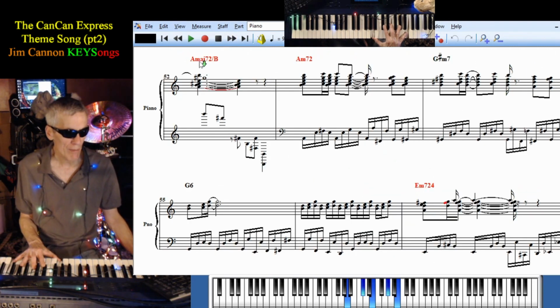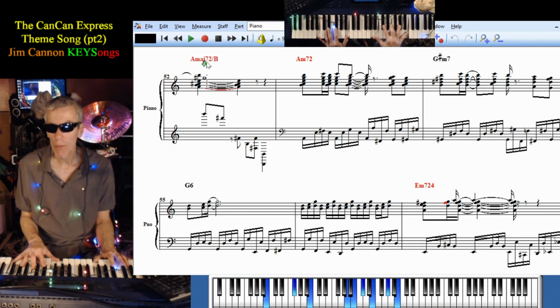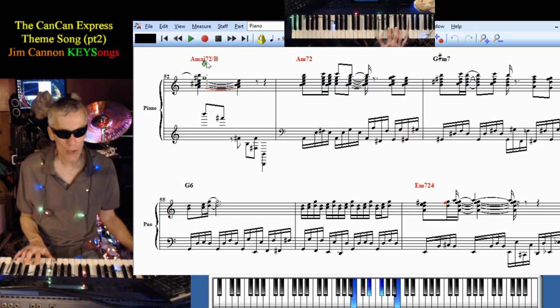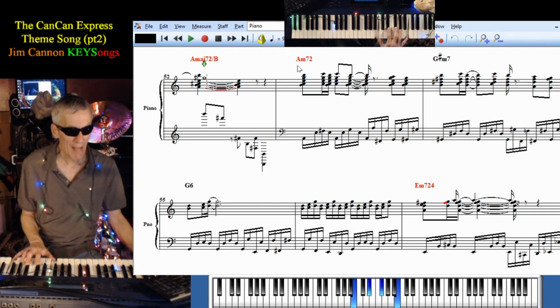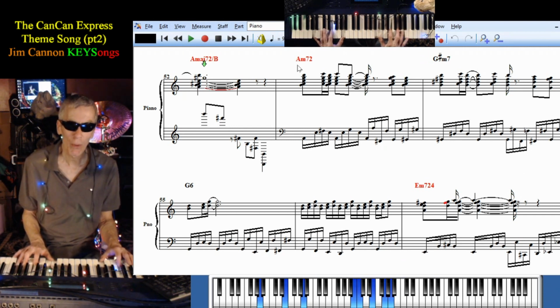A major 7 with a B bass, and then we're home like we were back in the verse where we went A minor 7, playing with the 2 and the minor 3. Look at G sharp, which is an enharmonic note with A flat, but still playing with the minor 3rd and the third. So I have a hint of that verse coming back from the chorus,